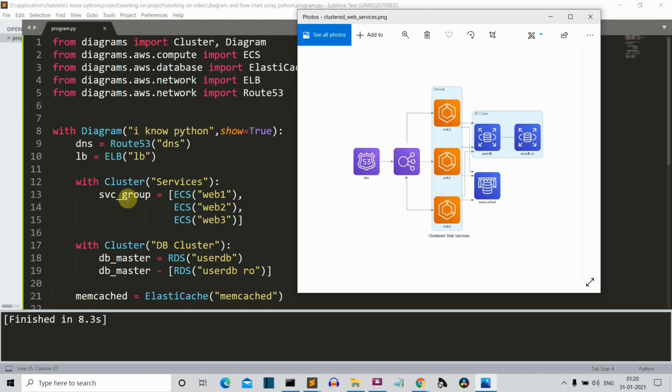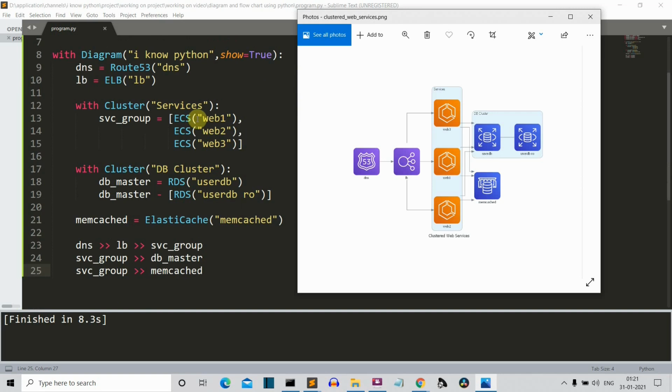Now just stay for a few seconds and just create the variables name, and I'll show you how we are organizing them. Okay, and then we are using this ECS class, and the text below them is web1, web2, web3, or whatever you want to write. Now this was for the icons in the same bubble and in the same level.